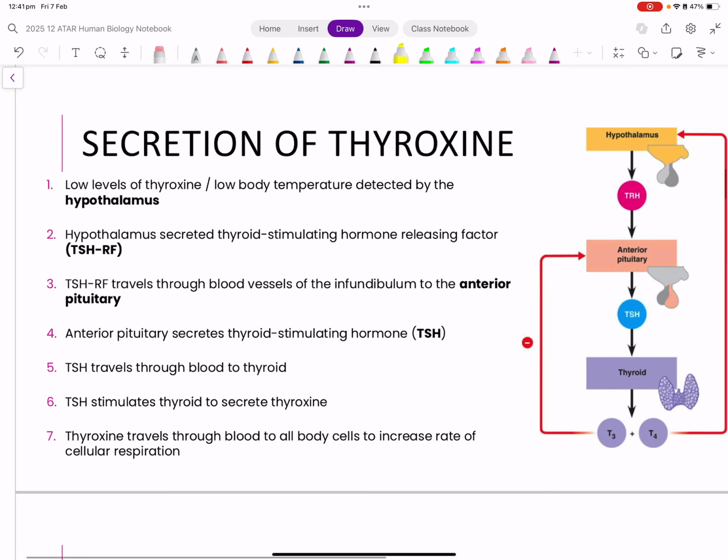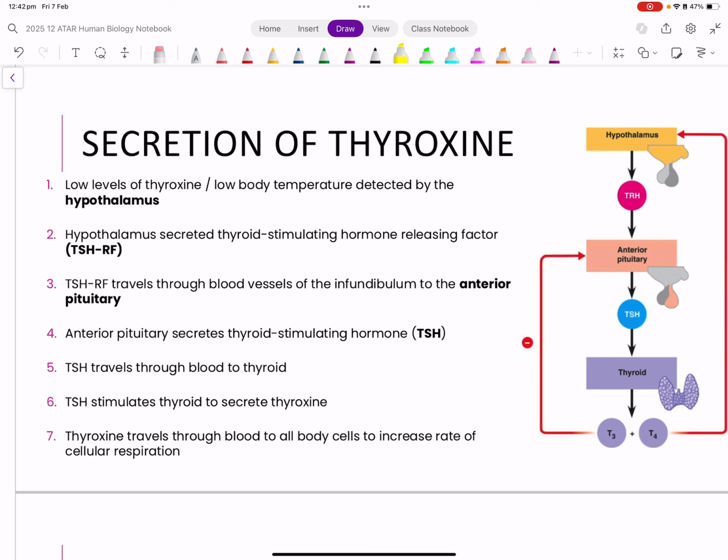The release of thyroxine itself has a few key steps. Thyroxine is released by the thyroid gland, but the thyroid gland is under the control of the anterior pituitary gland, and the anterior pituitary gland is under the control of the hypothalamus. So if we start right at the top now, and I'll use yellow as the hypothalamus is in yellow on my diagram on the right,